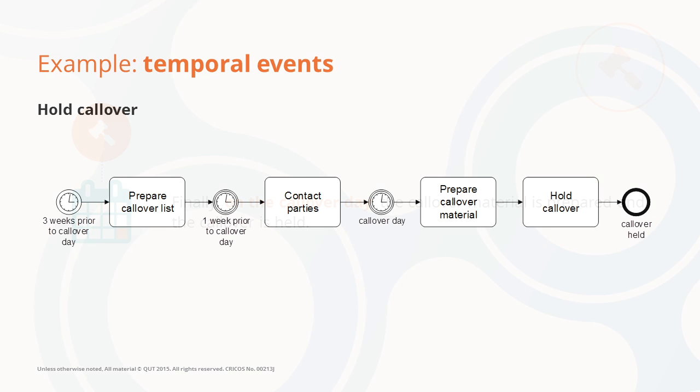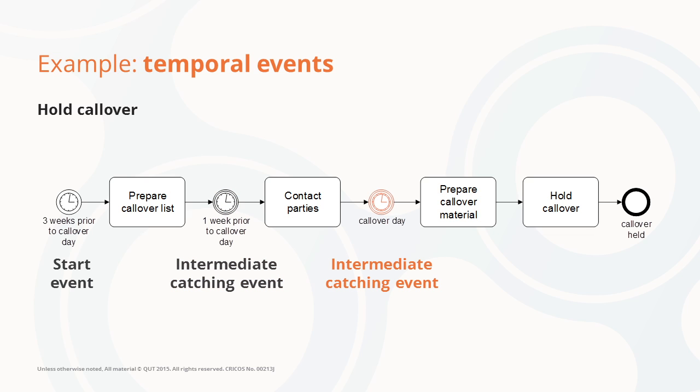So we start with a start timer event labeled 3 weeks prior to callover day. So this process is instantiated every time we are 3 weeks prior to the callover date. We prepare the callover list and then we wait until 1 week prior to the callover day. Then we contact parties. And then on the callover day, we prepare the callover material and hold the callover, upon